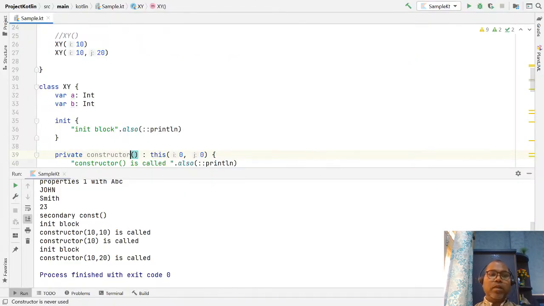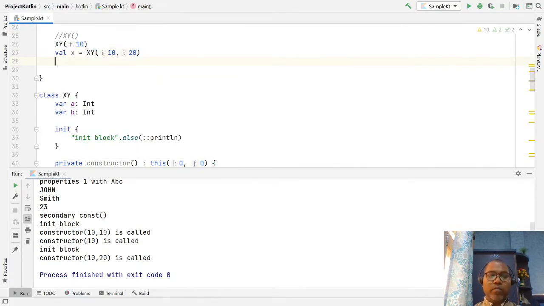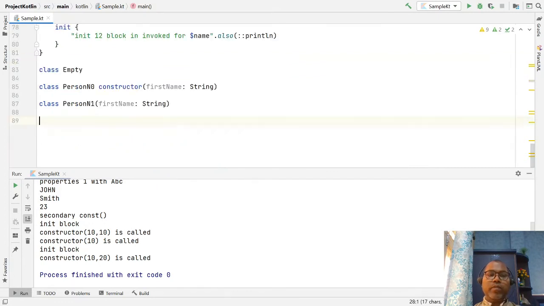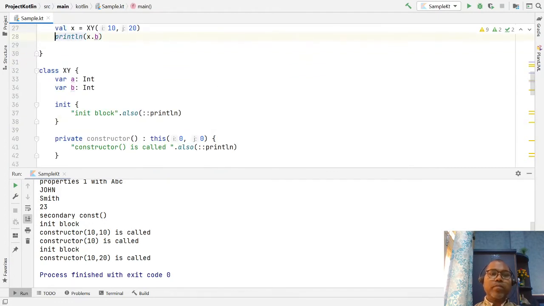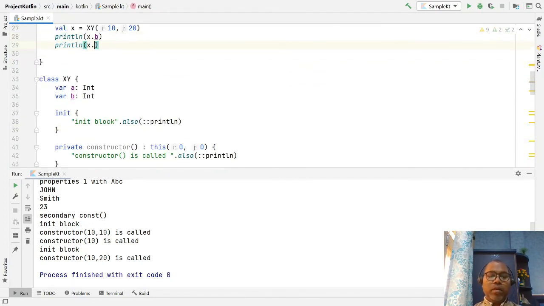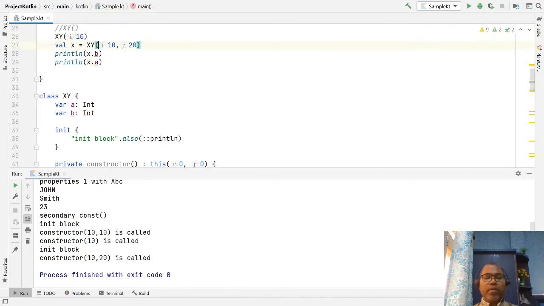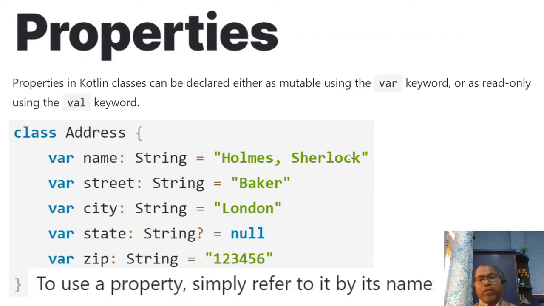In this case, let's take an object val x equal to this, and you can say println x dot a, and you can access b as well. In this way, all the properties of a particular class can be accessed from the object name dot property1, property2. This helps us access the properties.